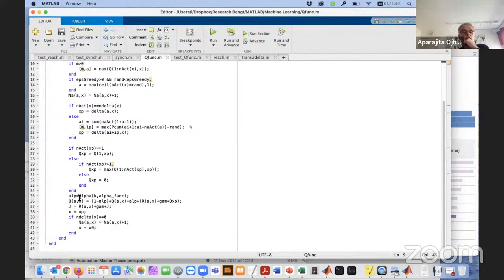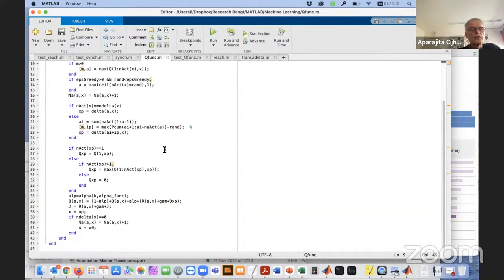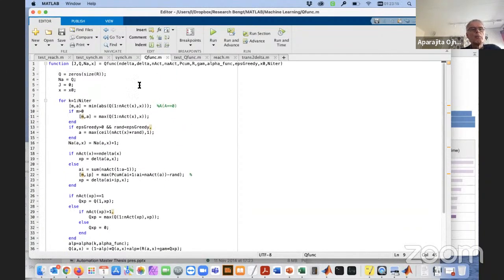there is an update of this alpha, and alpha is actually a function which includes a number of possible updates of the learning factor. It can be 1 over k, but it could be a couple of other versions, log k divided by k, or for instance, if I remember correctly, some others. But there are not so many additional functions. Actually, I think it's only this alpha,